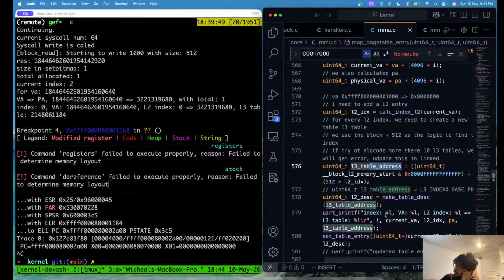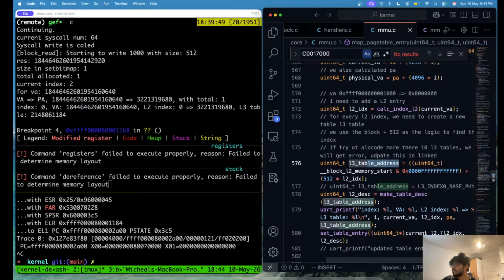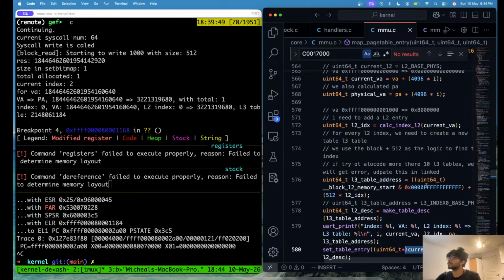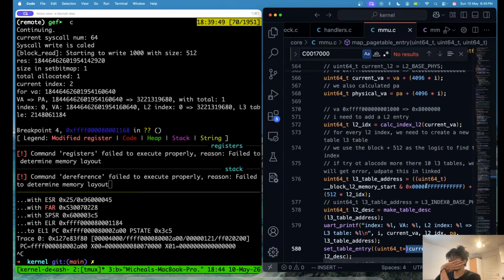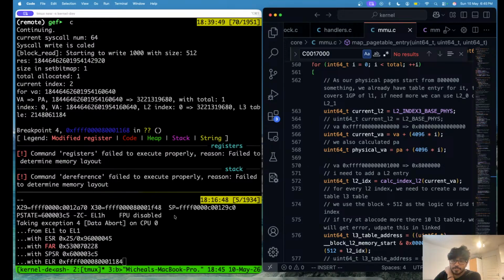Currently within the L2 table we are getting the error, and this is the L2 table's address. And the error is